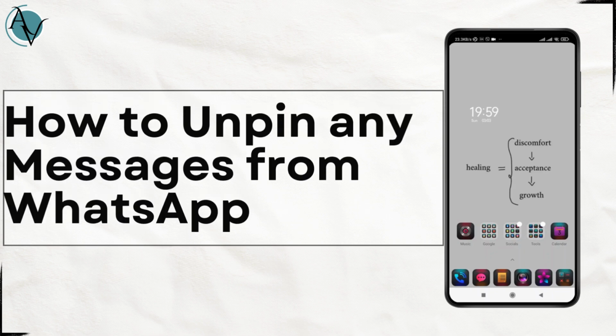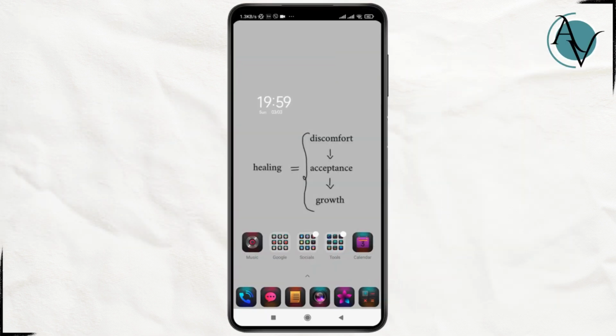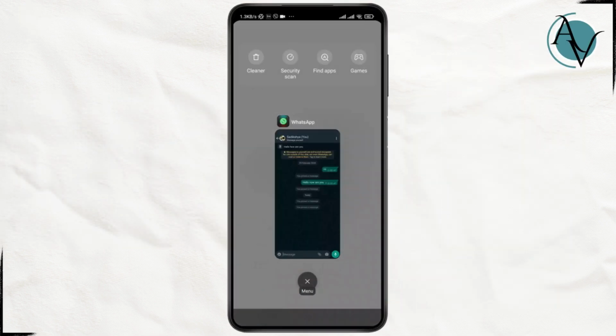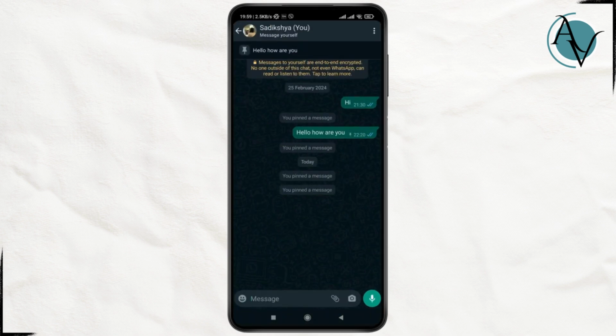How you can unpin any messages from WhatsApp. So, in order to do that, you first need to go to WhatsApp and then go to the message that you want to unpin. In the previous video, I had shown you guys how you can pin a message, and